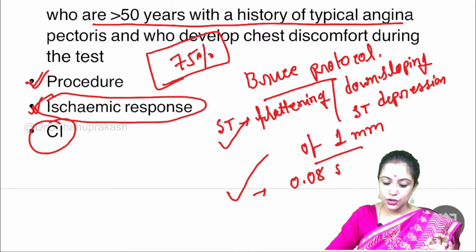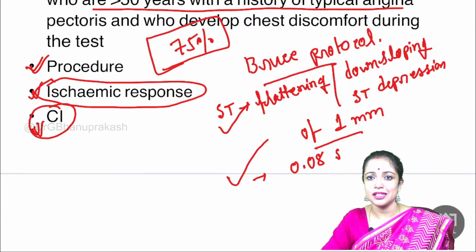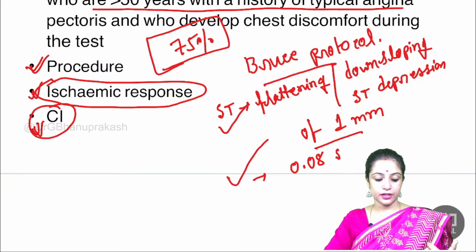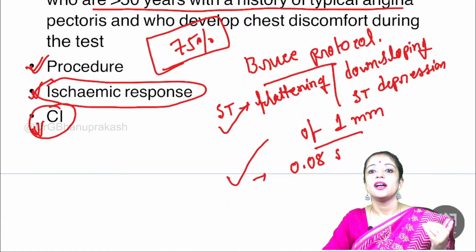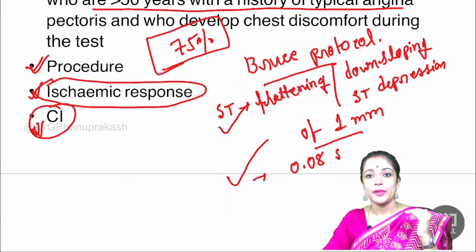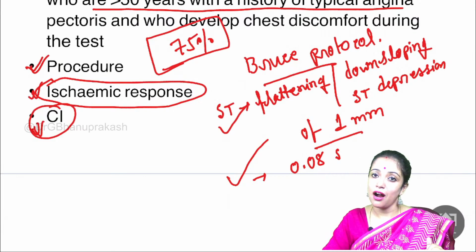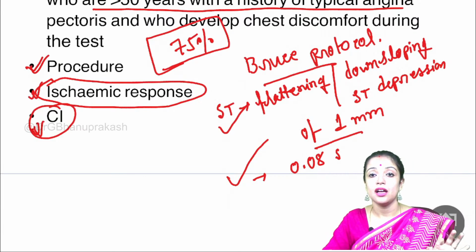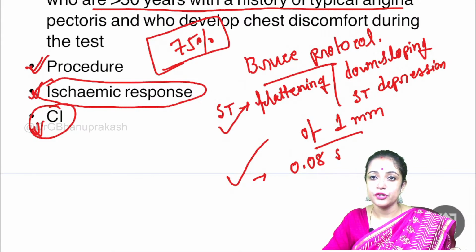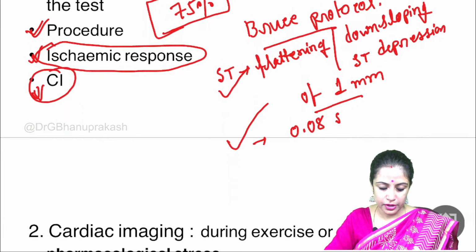For the treadmill test, we need to know the contraindications as well. Because for each and everyone presenting with chest pain, we cannot ask the patient to go for a treadmill test. There are contraindications. The patient had anginal pain within the last 48 hours. If the patient has arrhythmias going on, if the patient has uncontrolled heart failure, or if the patient has acute myocarditis. In these cases, and even in case of severe pulmonary hypertension, don't ask the patient to go for a treadmill test.